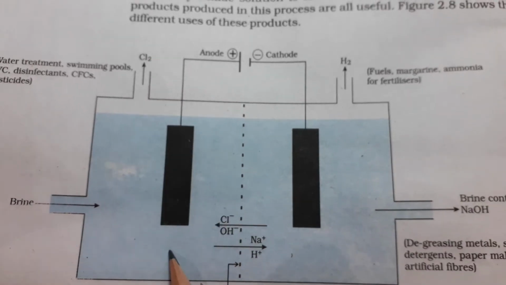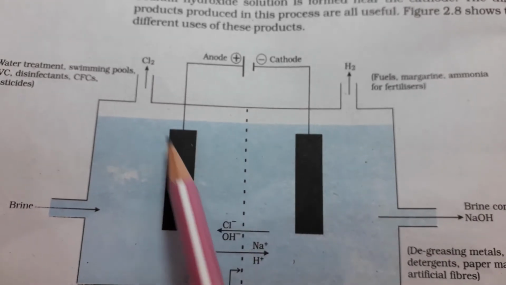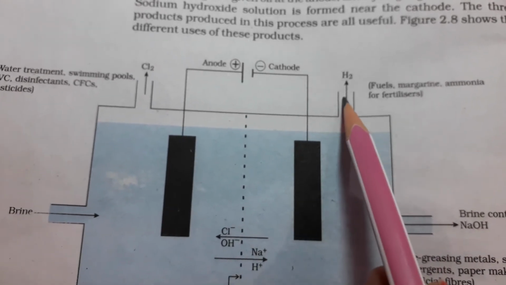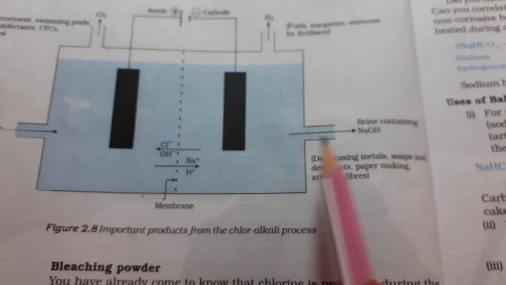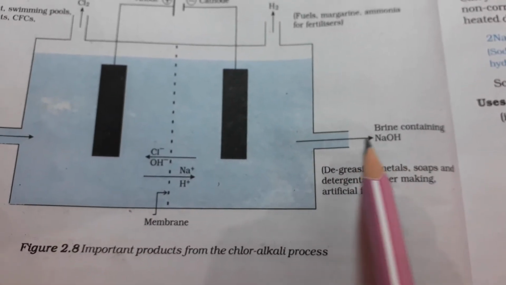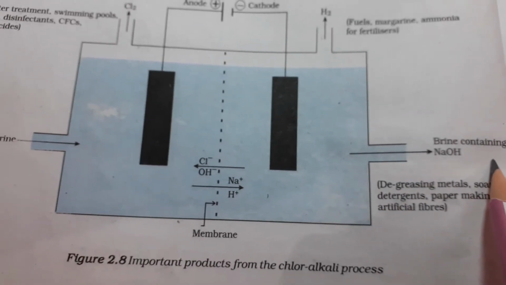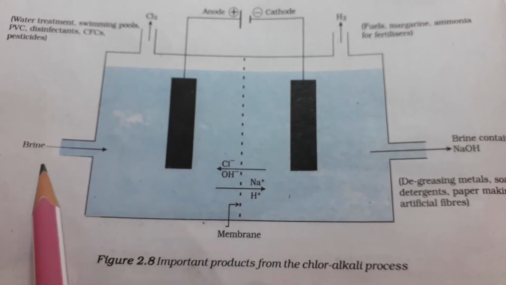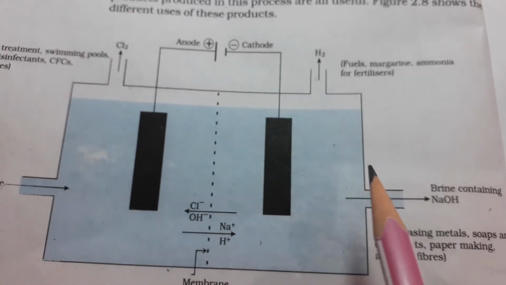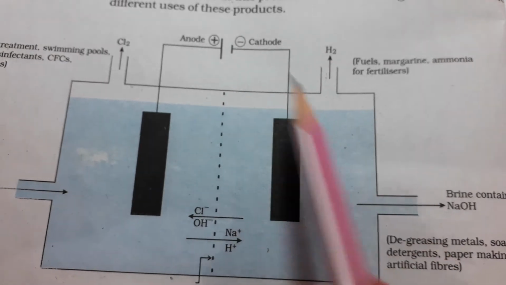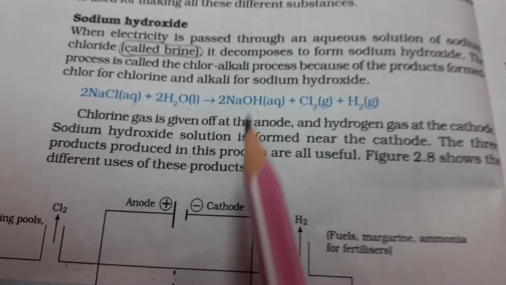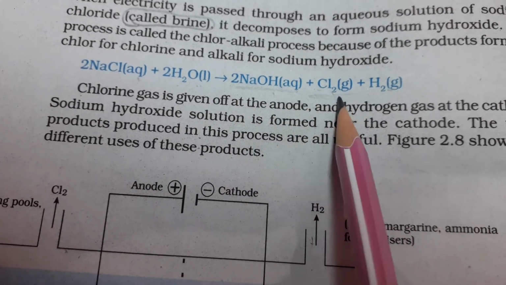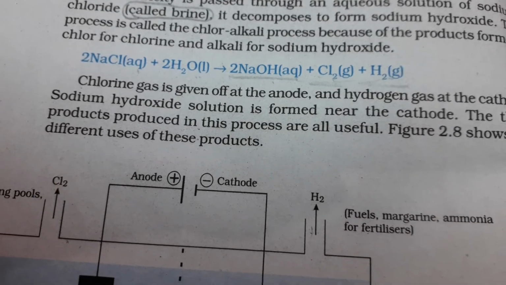When electricity passes, chlorine gas is evolved at the anode and hydrogen gas is evolved at the cathode. Here, brine containing sodium hydroxide is collected, and here brine is injected, entering from here. So it is connected with a battery. When the switch is on, these three products, sodium hydroxide, chlorine gas and hydrogen gas, are formed,